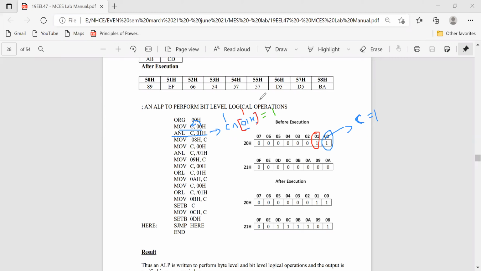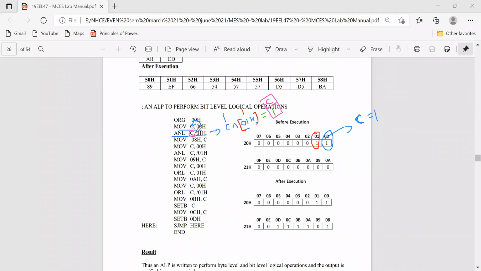Where is this resultant 1 stored? Can anybody tell me? I always told you, destination comma source. So this data will be stored in carry, which is your destination.